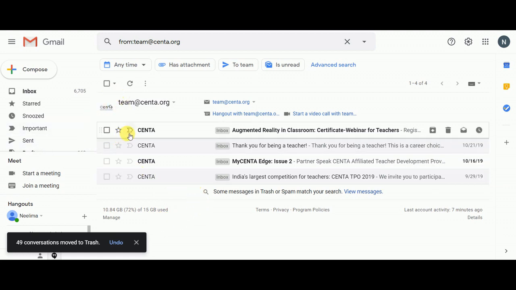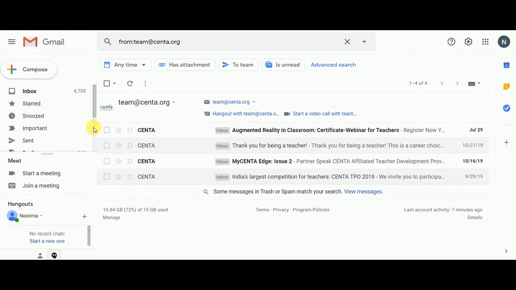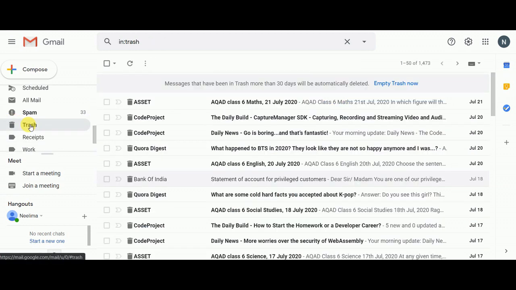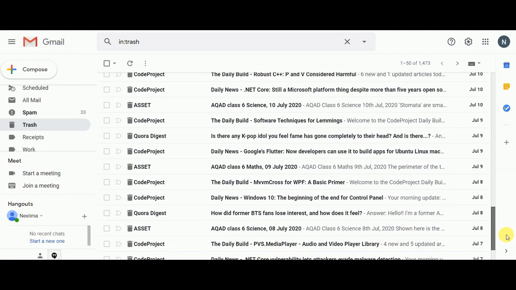So here some of the mails are left because intentionally I deselected some of the mails. Now you can check whether your mails are deleted. You can go to trash. Trash is a kind of recycle bin and you can here see the list of all the mails that I have recently deleted,